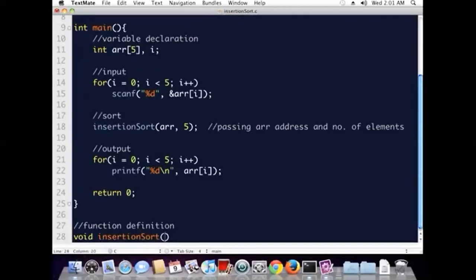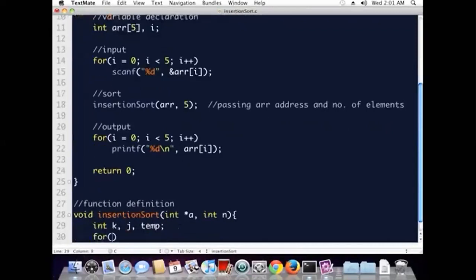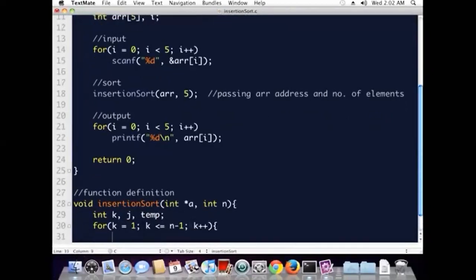What variables do we need? We have to maintain a position and a temporary variable to hold the current element, and for the for loops we need some variables. This statement is for passes, starting with 1 and checking up to n minus 1, so totally n minus 1 passes we need. We choose the second element, the element at index 1, as the temporary variable.